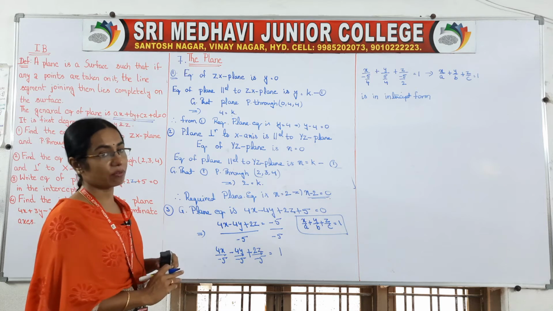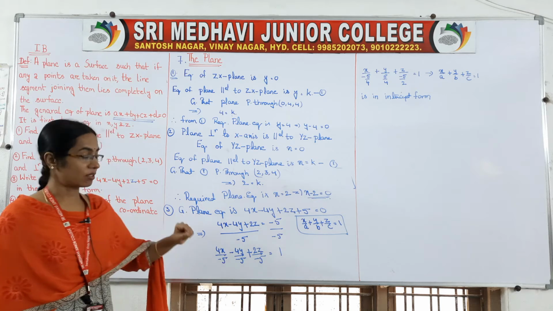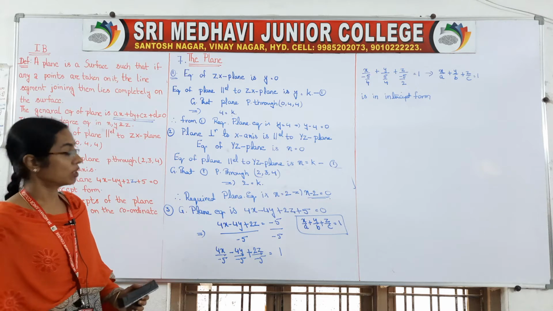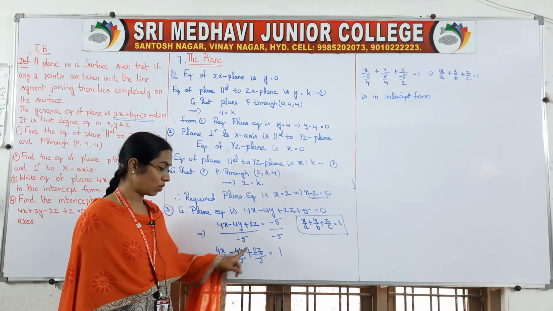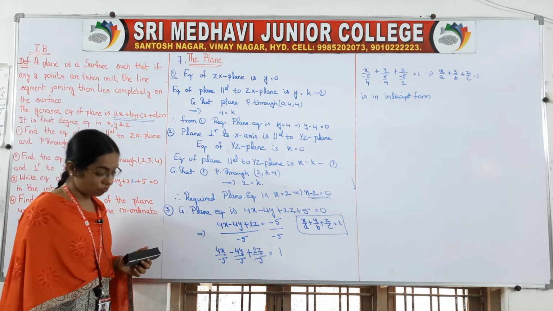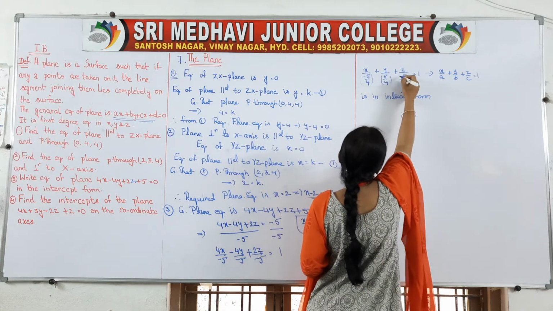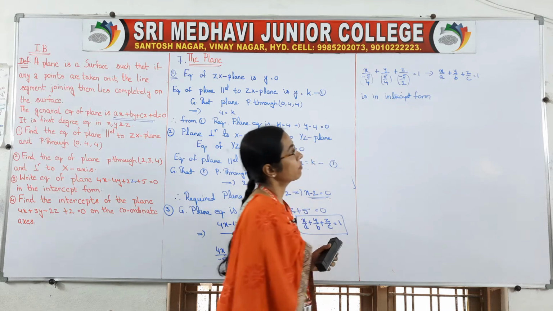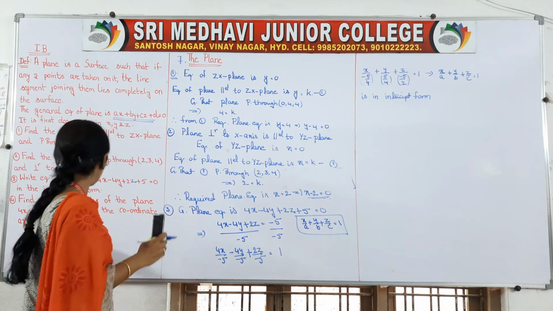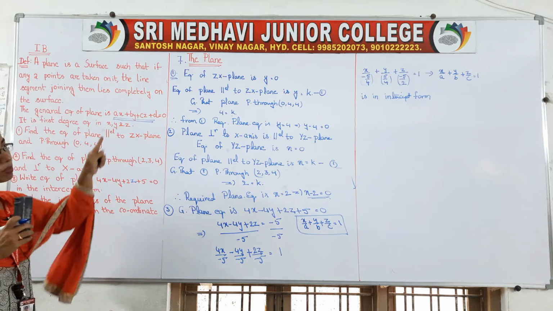So on the right side we got 1, and on the left side it should be x by some value plus y by some value plus z by some value. That is called intercept form. So that's why we send 4 downwards, and 4 and 2. Now it is exactly in your form, x by some value plus y by some value plus z by some value, which is in the form of x by a plus y by b plus z by c is equal to 1, the intercept form. Actually, what is the question? Write the equation of the plane in the intercept form.